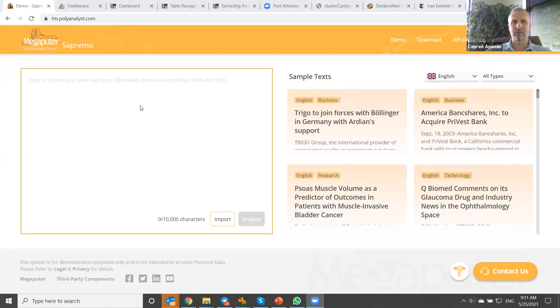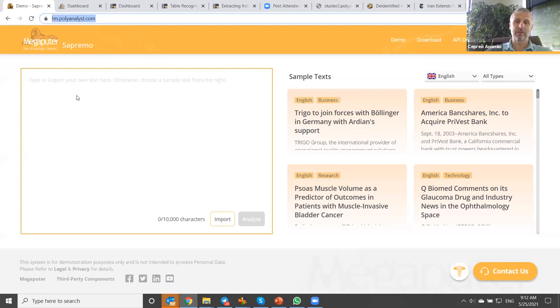But let me first show you some example. So what you see, and you can try it yourself, it's an open application. It is located at tm.polyanalyst.com, and the name of this demonstrational tool is Supremo, which means in Italian, we will know.